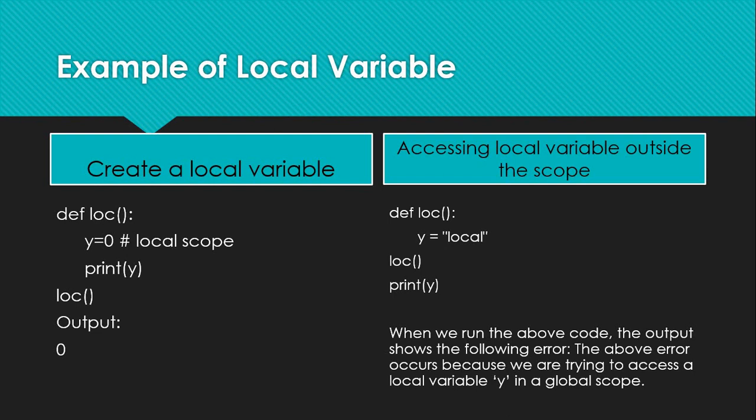So you can access this variable only within the block of declaration. So you can print them out within the block. You cannot access them from outside the block of declaration. Now the example on the right hand side of the screen, you can see how a local scope variable is accessed from outside the block of declaration.